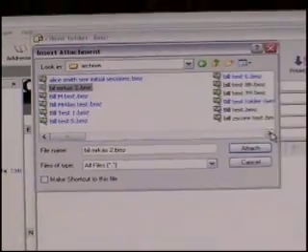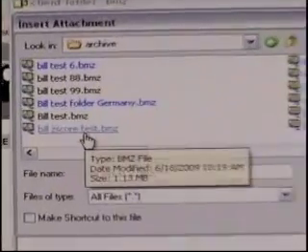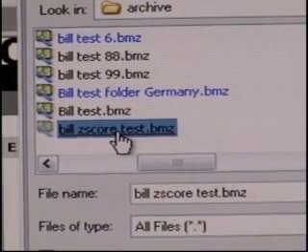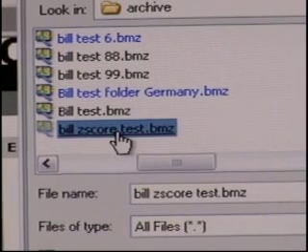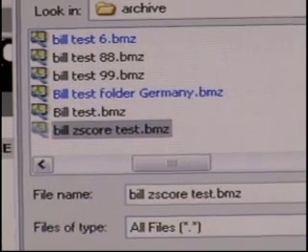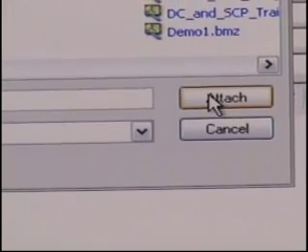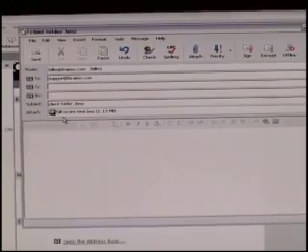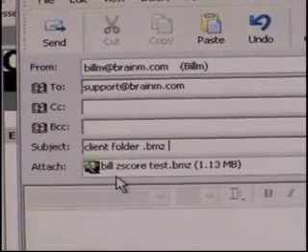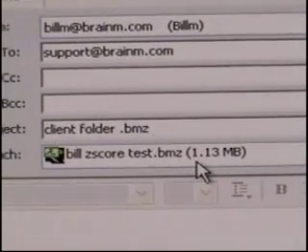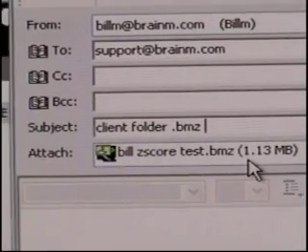So we look for Bill Z-score test.bmz. Remember, again, we created that by using Session Librarian. Even though we did not email it or burn it to floppy, it made the archive, which prepared the file for transport. So I've highlighted it. I simply then hit the attachment option. And now, as I look onto this email window, if I zoom in down to where the attachment is, I see that same file that was done last time, automated completely by Session Librarian,